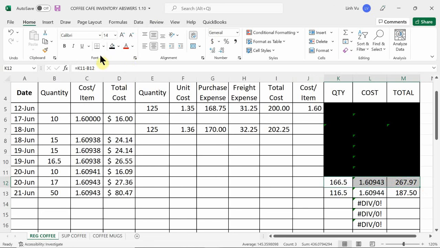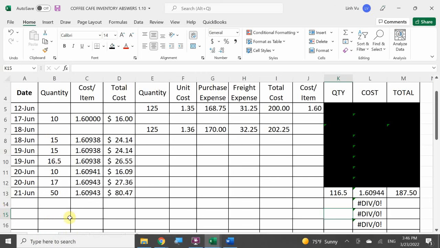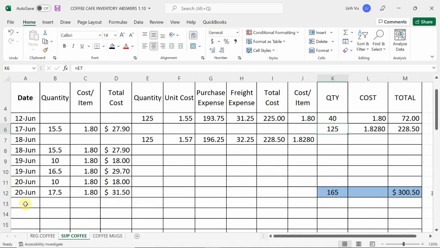All right, and I'm going to block this off so we don't ever pay attention. So in this case, I have 116.5 pounds left at $187.50. And it cost me $80.47 to sell 50 pounds. Okay. All right, let's go ahead and adjust our